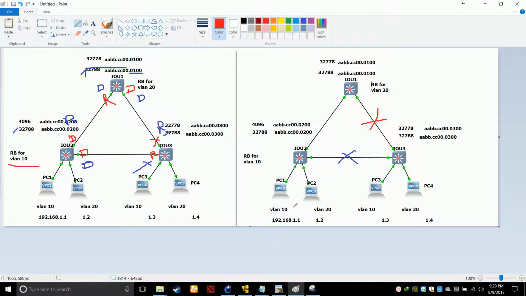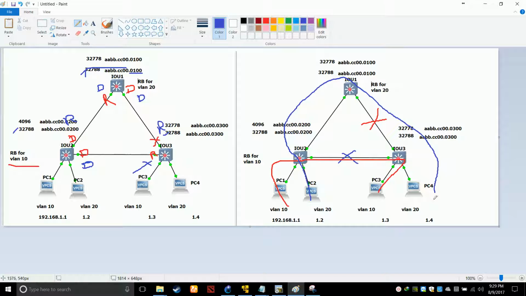For VLAN 10 the red VLAN data will go like this, because this port is not blocked for VLAN 10. And for VLAN 20, the data cannot go here because it is blocked. So it will start from here. For VLAN 20, the data will go like this. So this is what your desired outcome should be.